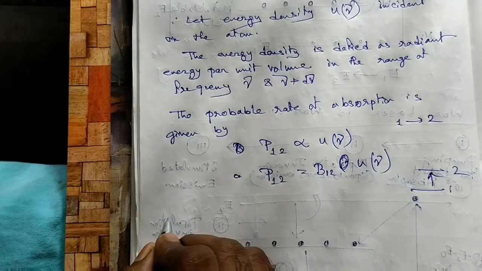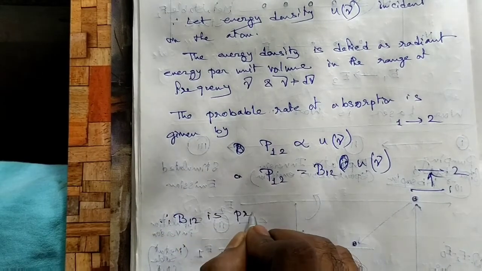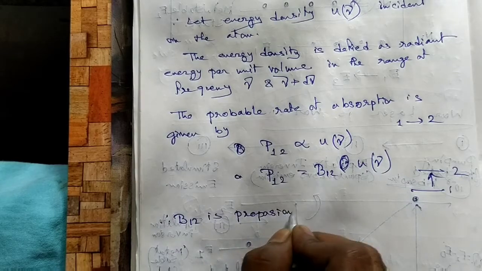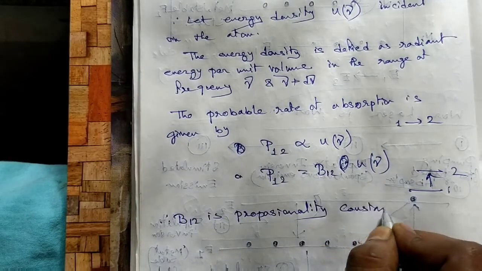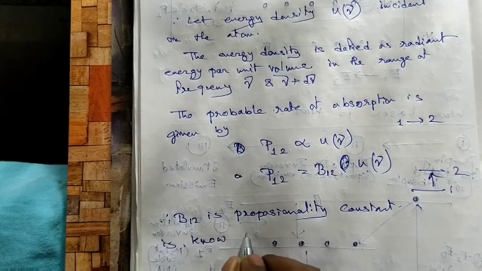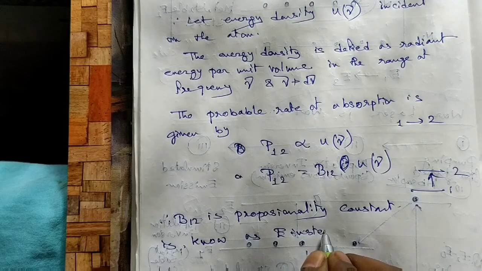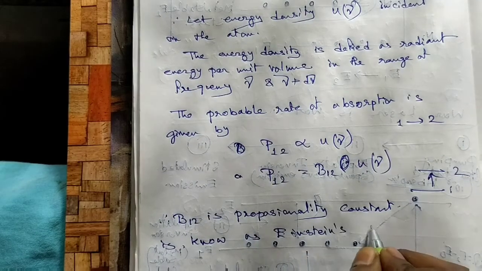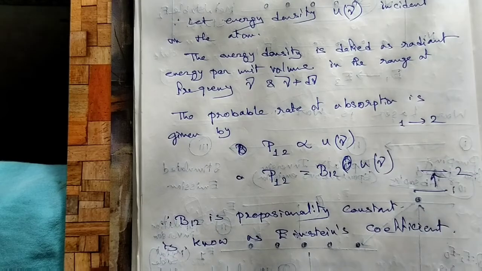Okay. So this B12 is the proportionality constant, also known as the Einstein coefficient. Okay, this is the first case, and the second case is